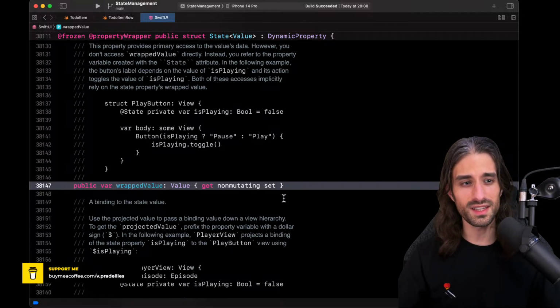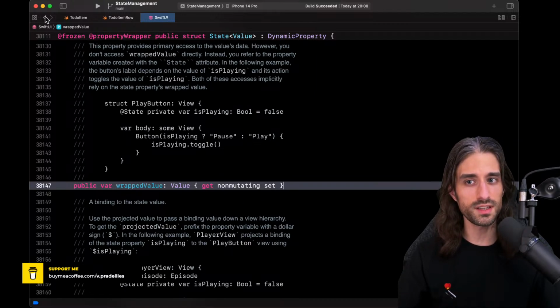To give an equivalent, it's like you have a struct, and you create a class that holds a value of that struct. If you update the value in the instance of the class, the value will change, but the instance of the class will have stayed the same. And this is the same logic that leads to this non-mutating set.